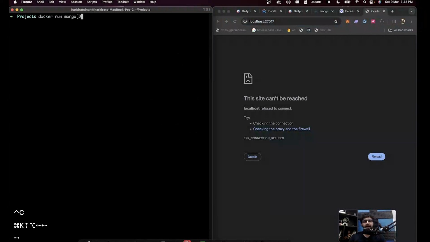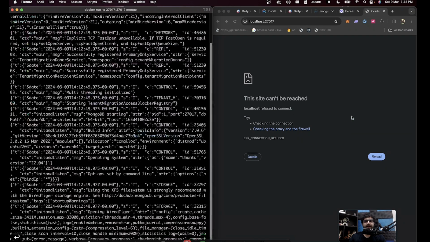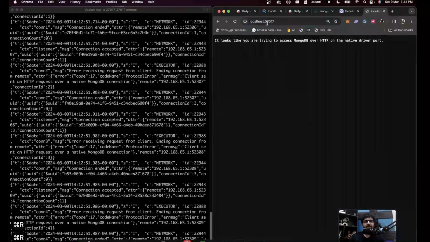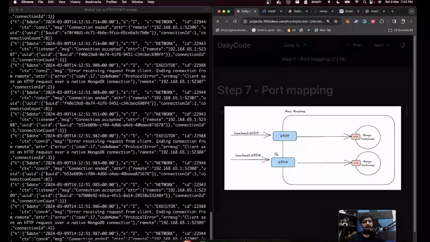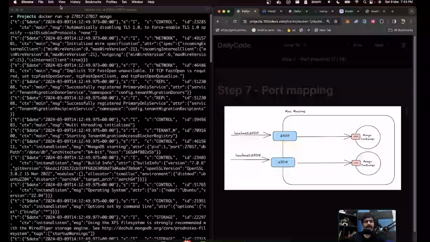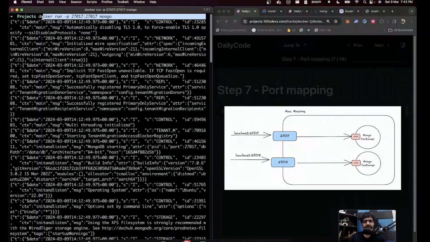But if I run docker run -p 27017 colon 27017, which means the Mac machine's this port, please go to the Mongo machine's this port, and press enter, then I will see something on localhost colon 27017, because now this request is getting routed to the container, because I mentioned that when I started the container.